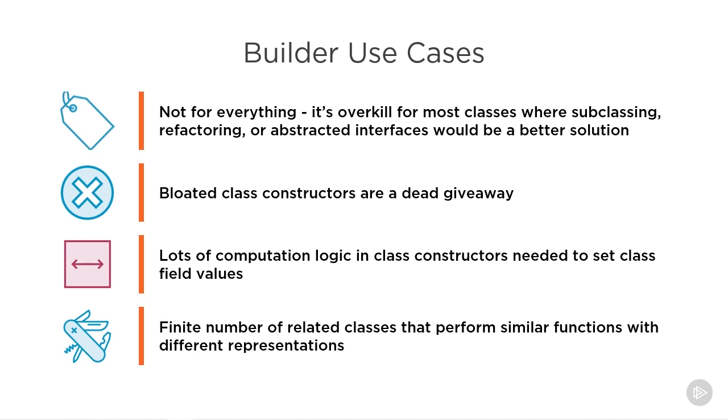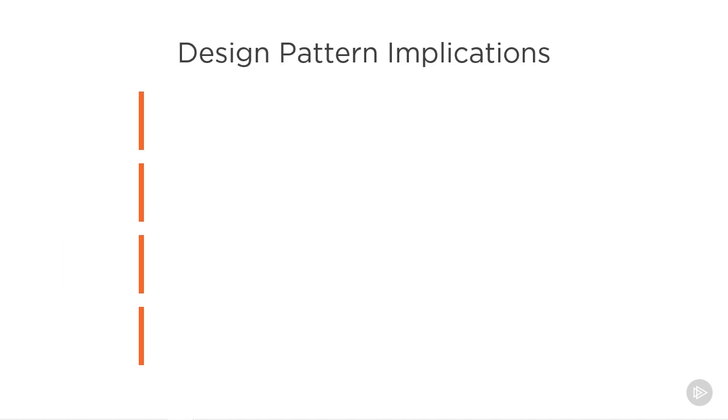Think of a text parsing scenario where you need to account for general functionality but accommodate different kinds of text input and output, as described in the Gang of Four text. This is an excellent builder pattern scenario because there are a finite number of complex representations that need to share similar object building sequences. Now let's move on to summarizing the builder pattern's implications,